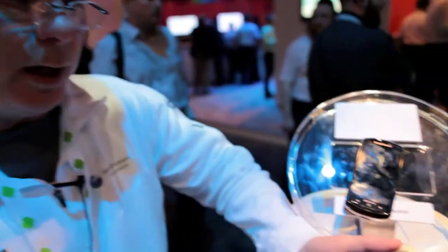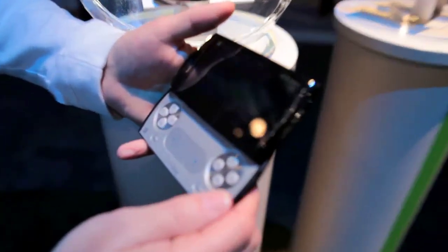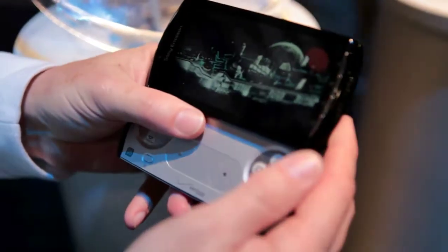And if you like, we'll launch a game. Well, let me just pick one. For example, let's go to Star Battalion. And as we take a little bit to launch the game, I'll